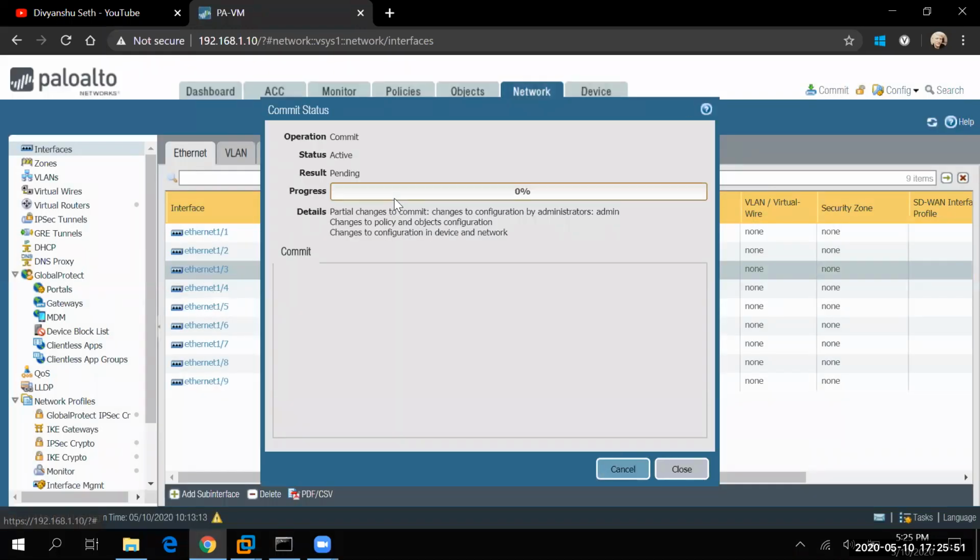So now I'm committing that interface which I have not configured for my VM. If I want to make it up, I need to add an additional network adapter so that we can use this as a layer 3 interface. Got it?